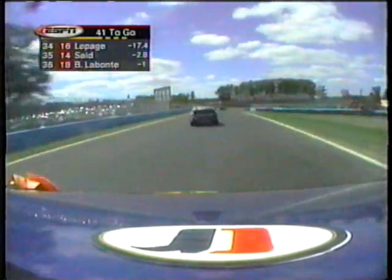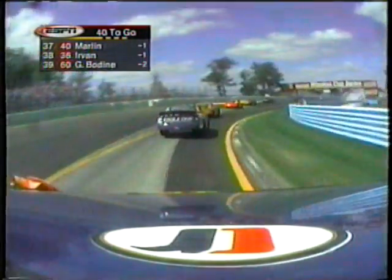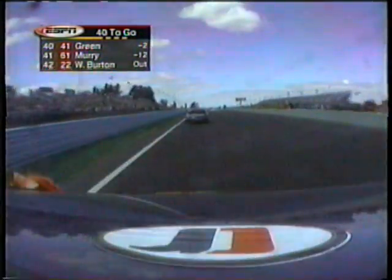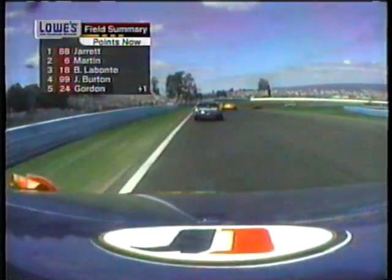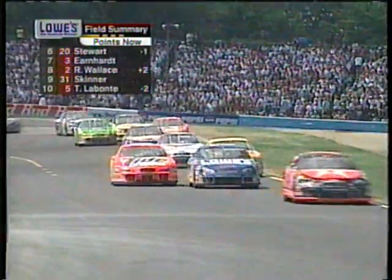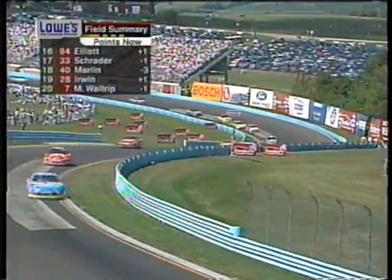By the way, Boris Said did make it behind the wall. On board, the Jimmy Dean Sausage onboard camera, which is being carried by Kyle Petty here this afternoon. Kyle is back in 14th position. He had an unfortunate situation yesterday or the day before when his vacation home was damaged by fire. It burned down. We're sorry to hear that, but happy that no one was there, so there were no injuries as far as that's concerned in the massive fire